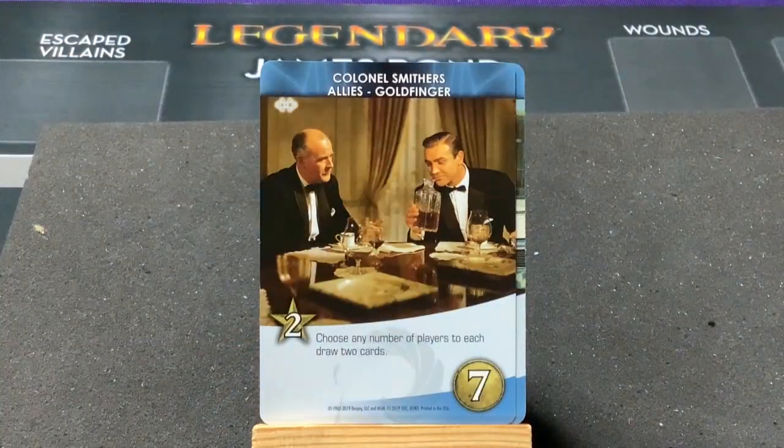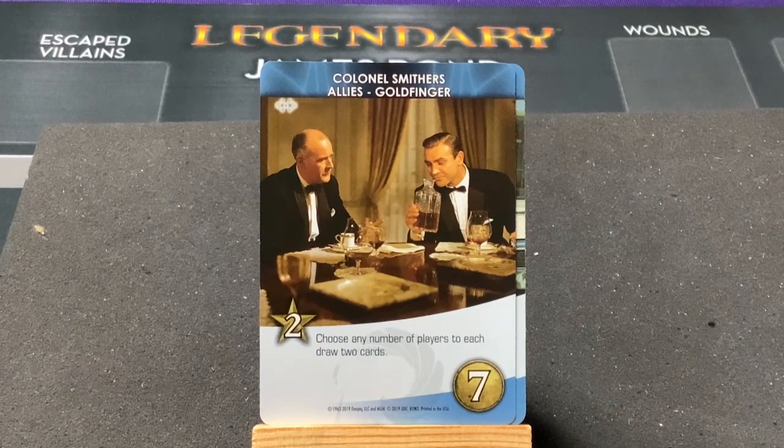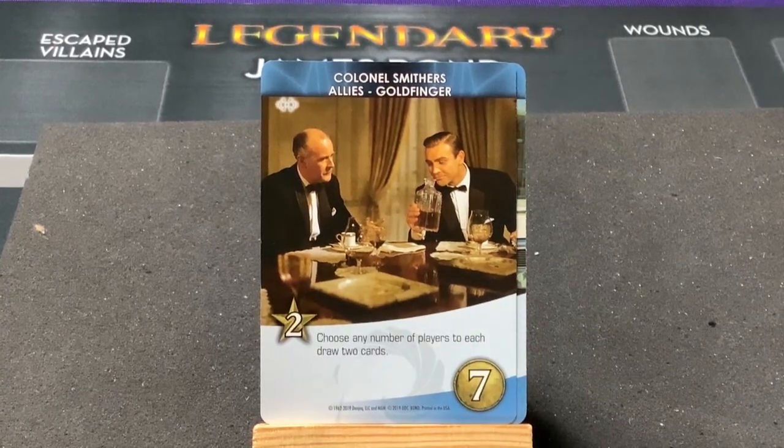Then our final one is we have 1 copy of Colonel Smithers, who's another ranged. 7 cost and 2 recruit. Again, that combination is not very good. But we have choose any number of players to each draw 2 cards. So yeah, this is a